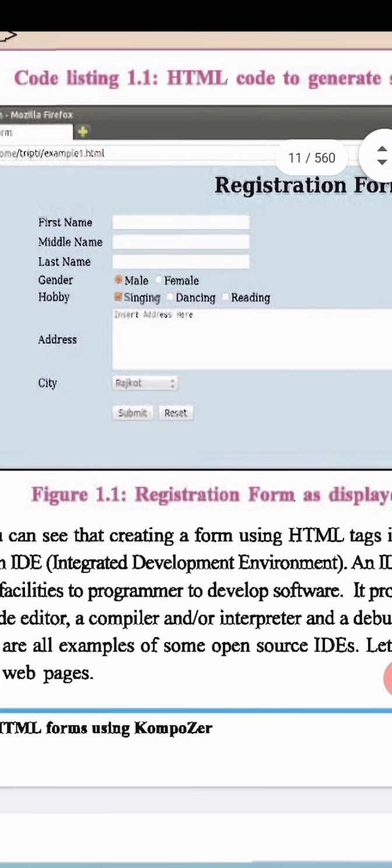This is the difference between a text box and a text area. Then city: you can see the selection list there, with a small arrow beside it. You can select whatever option you want from it. Then comes the submit button and the reset button.